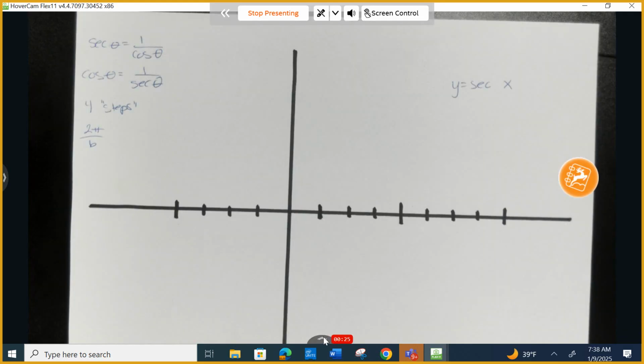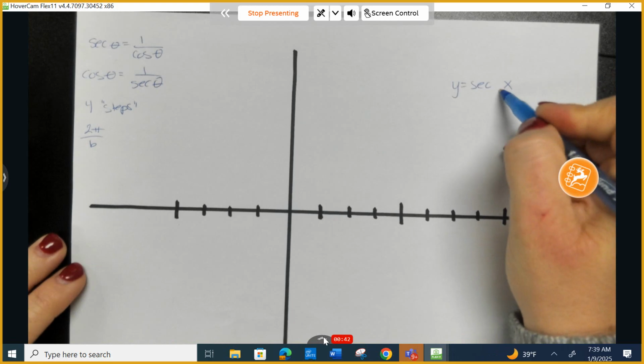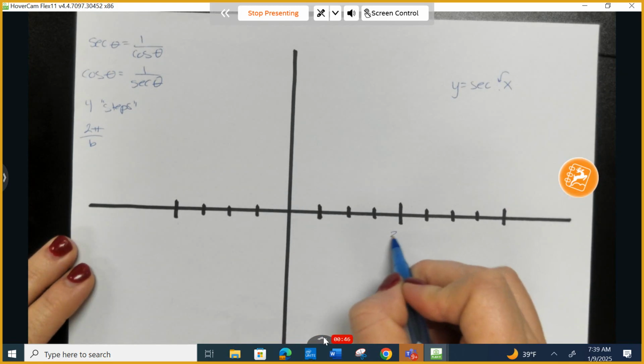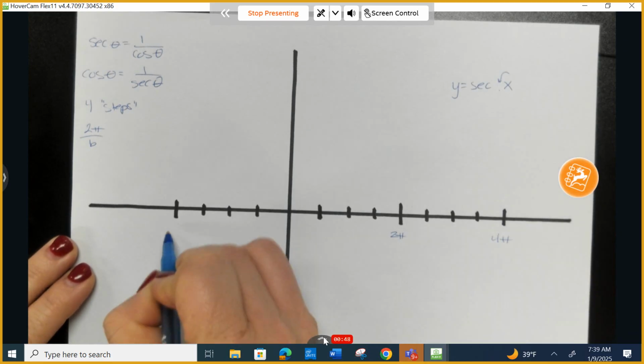So I know that secant and cosine are reciprocals of one another. So secant is equivalent to 1 over cosine, and likewise cosine is equivalent to 1 over the secant. You have 4 steps, just like all periodic functions, in order to complete one cycle. In order to figure out the period length, we're going to take 2 pi and divide it by the b. So our b value is going to be 1 here. It's hiding in front. That gives us 2 pi, and 4 pi all the way over here is going to